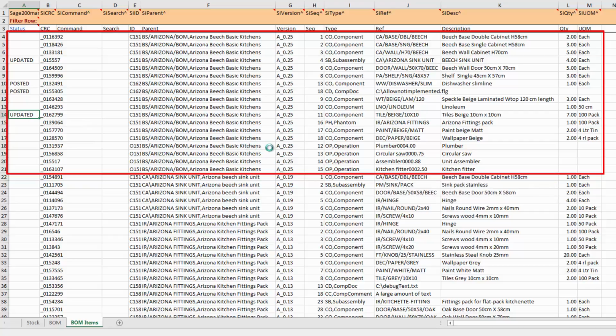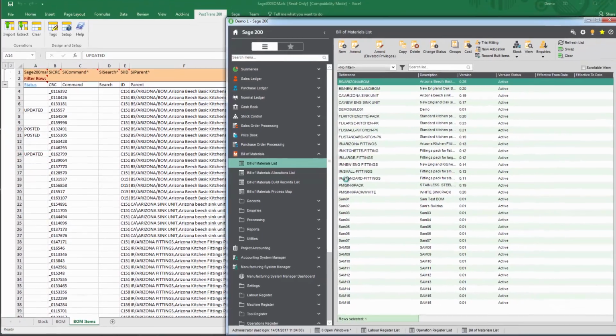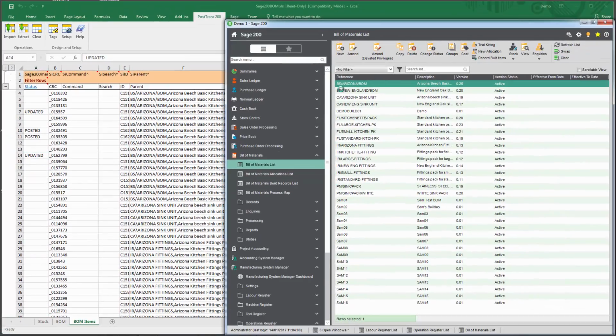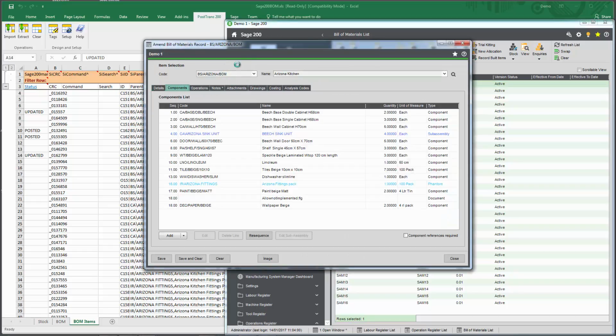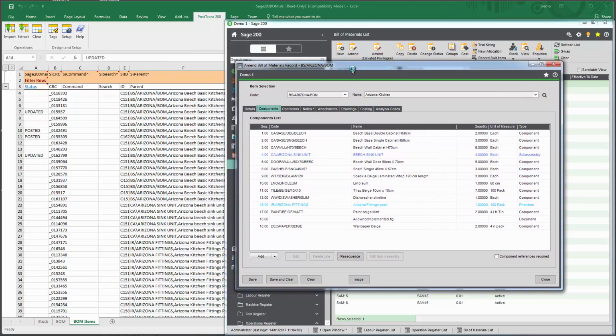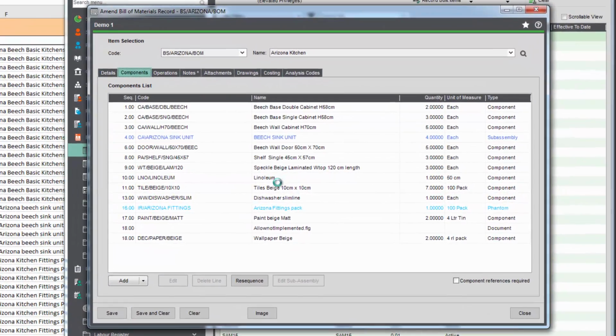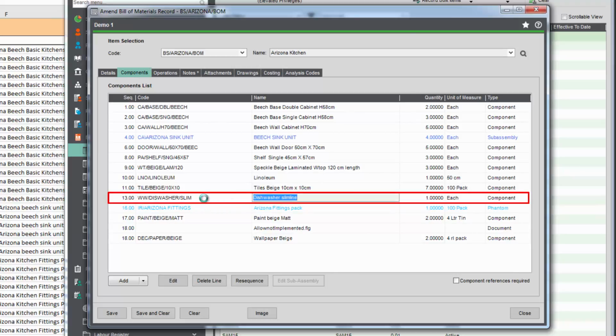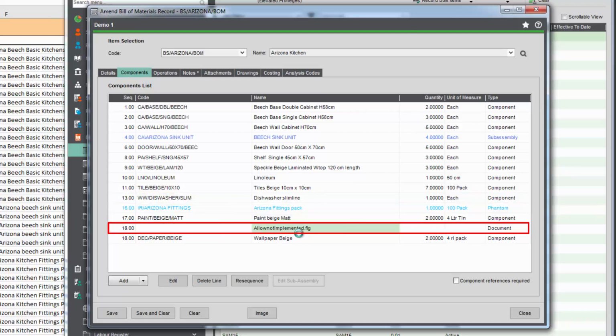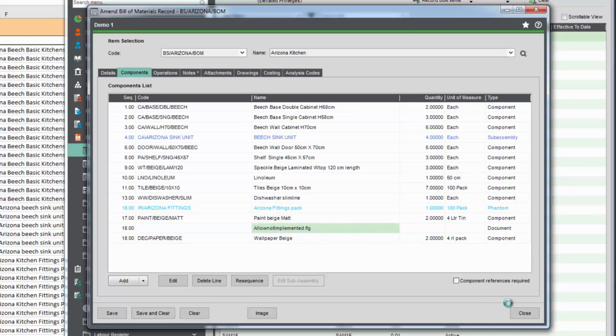So let's go and have a look at that data actually in Sage 200. We are dealing with this top Arizona record, so let's just go into the component list, and in here we should see no more 48 by 96, whatever we deleted, and we do see a slimline washer which has got sequence number 3, and we can also see the document we added to the build. So that was quite successful. We edited that bill of material